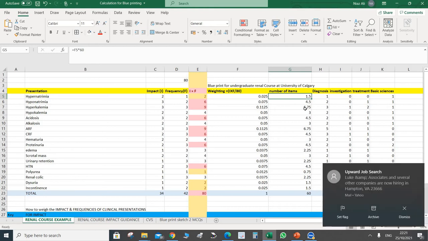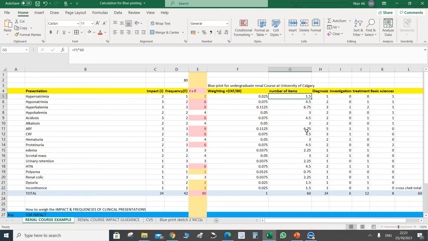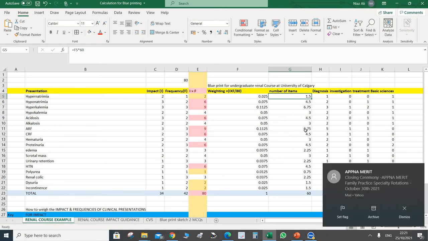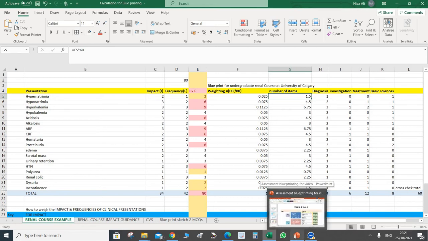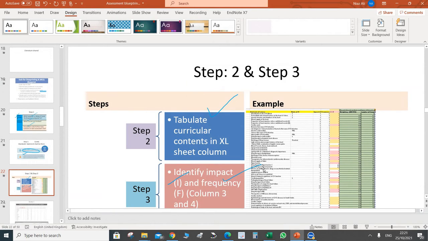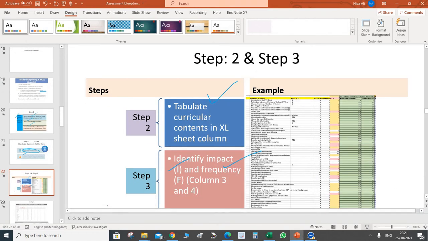So it means that this higher value is for hyperkalemia. The higher the value, the more important it is, and it should have many more questions in the assessment tool. This is one of the ways to set the assessment blueprint. So let me go to the PowerPoint presentation. Now the next step is that